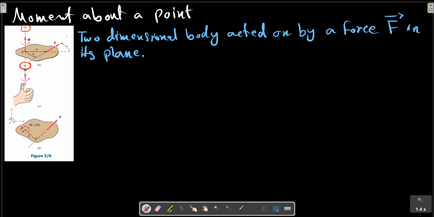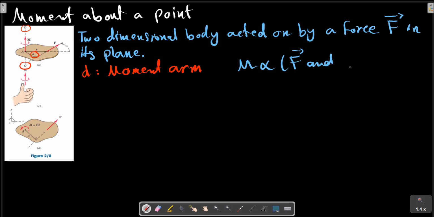perpendicular to the plane of the body, is proportional both to the magnitude of the force and the moment arm d, this distance. D is the moment arm. So M is proportional to F and D,